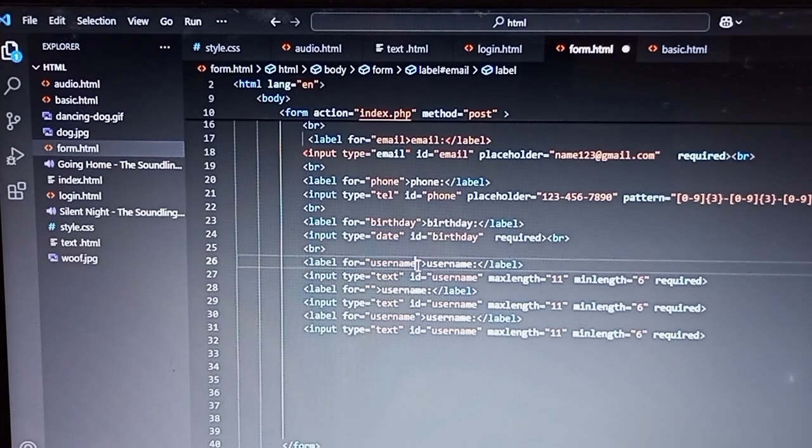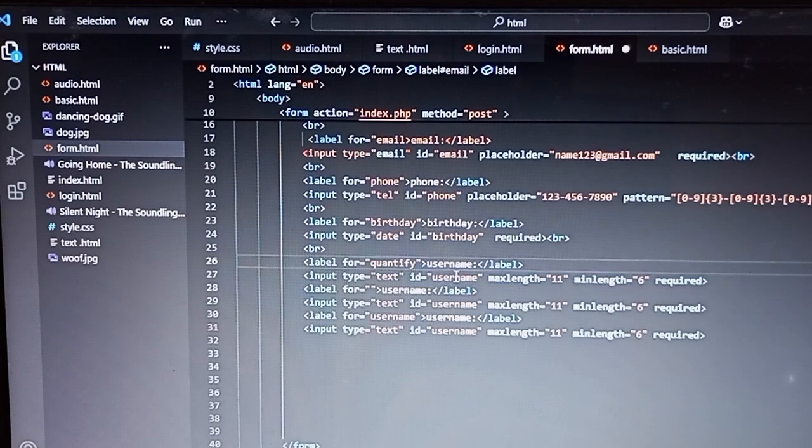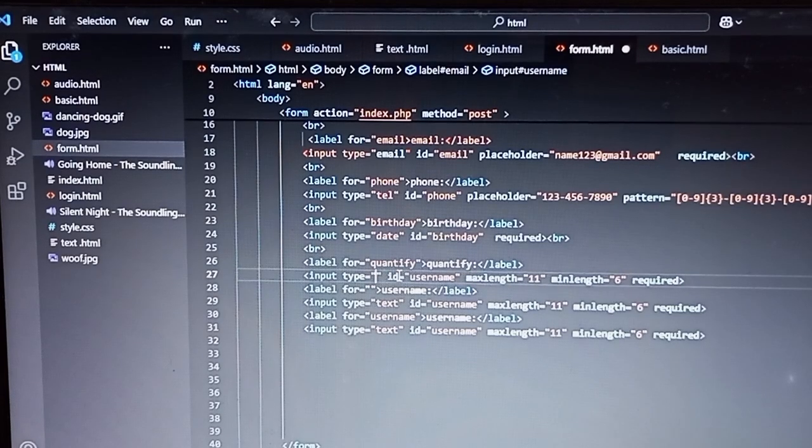Label for, it is called quantify, and let me write here also quantify. We frequently use this quantify. Input type equal to number, let me take it as number, to mention your age in a round figure, and id equal to quantify,